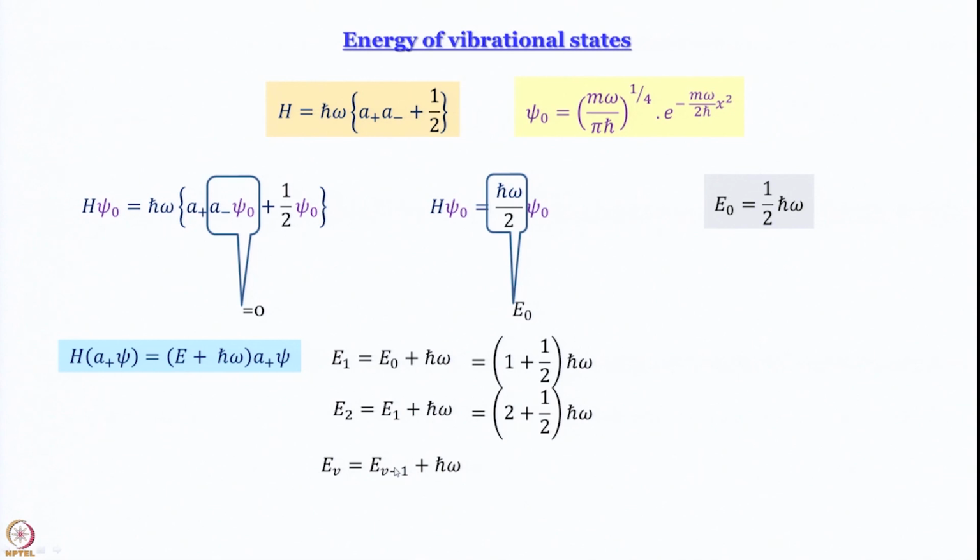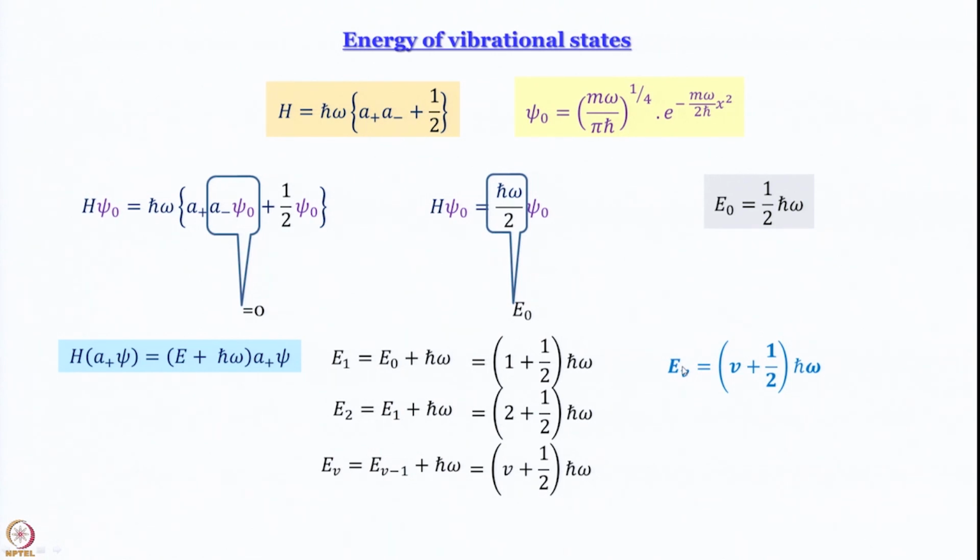E_v would be E_(v-1) plus h-bar omega, that would be v plus half h-bar omega. What is v here? What is the range of v? v ranges from 0 and it increases by an integer each time: 0, 1, 2, 3, 4, right. So, this is the vibrational quantum number, and what we see here is the most general form of the energy